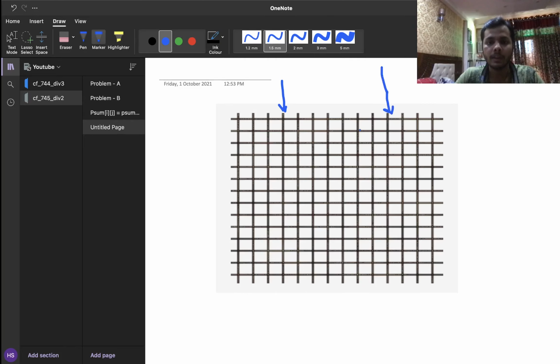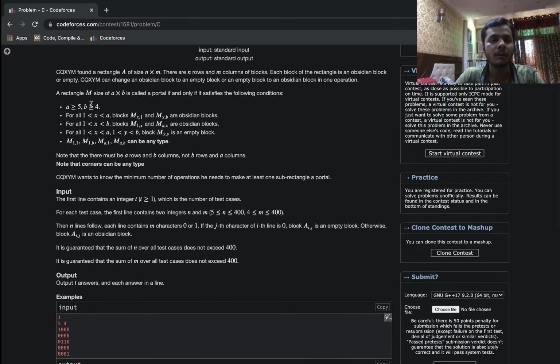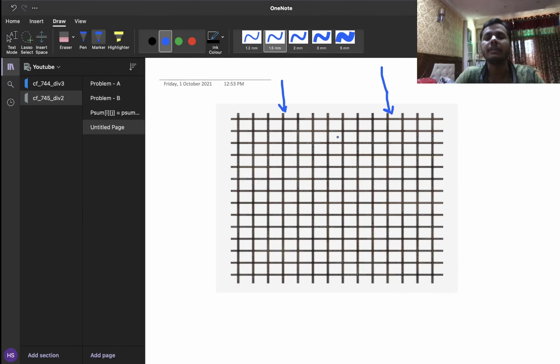Okay, remember the difference between the two columns has to be at least 4, because that's the requirement of the problem, nothing fancy here. Okay, so I have fixed my two columns, and what I'm going to do is iterate over all the pairs that I can take. There will be O of m square pairs, right? Since there are m columns and I'm picking two columns, there will be O of m square pairs like this.